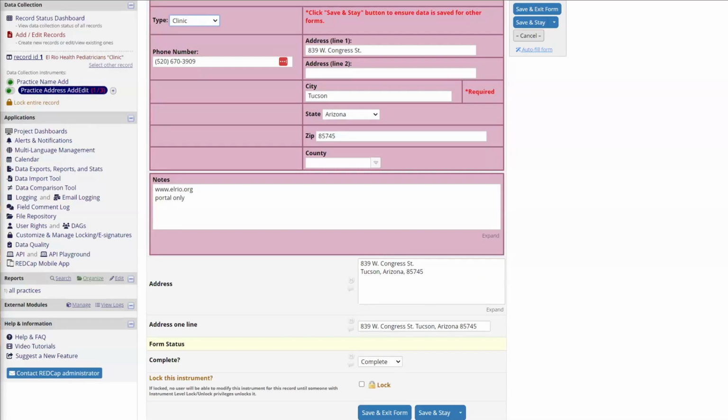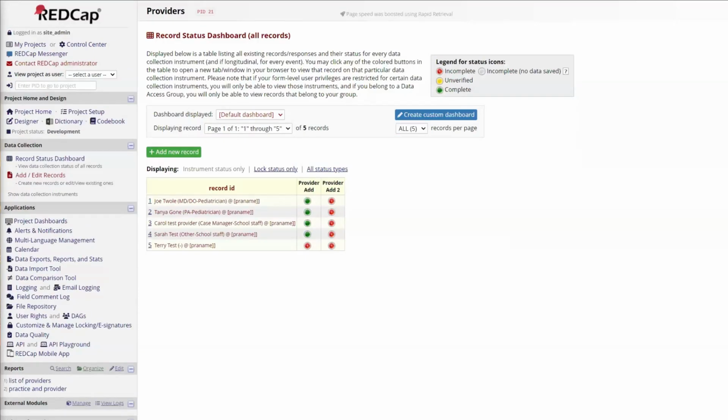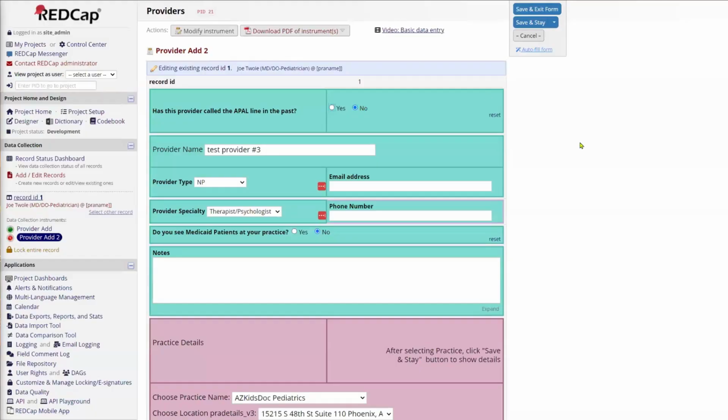Then over in this other project, what we want to do is take a provider, different than the practice, and apply that provider to one of the practices that have already been defined. If the practice hasn't been defined, then you won't be able to pull it up over here and associate the provider to the practice. So basically, if I look at a new record,